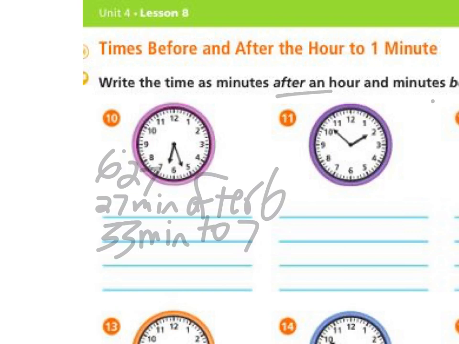All right, so these get a little bit tricky because that shorthand looks like it's pointing at the 2. But if you look at the long hand, it is 52, which means it's almost 2 o'clock. So it's 2:52. It's not quite there yet, but it's almost there. So it's 52 minutes